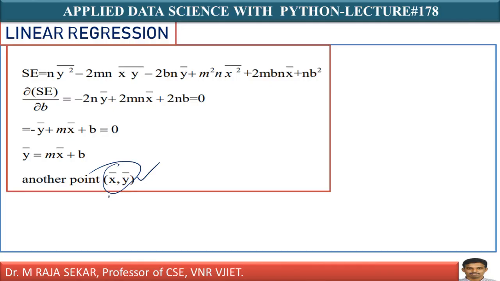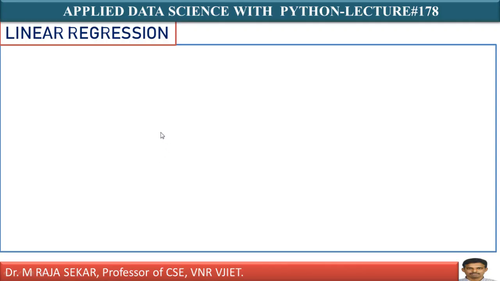Then we will find out the slope of the line joining these 2 points. What are those 2 points? Anyway, let me write in a separate slide. Let me say I have 2 points. What are they? My first point is x square whole bar by x bar, comma, xy whole bar by x bar. This is my first point. What is my second point? X bar comma y bar.